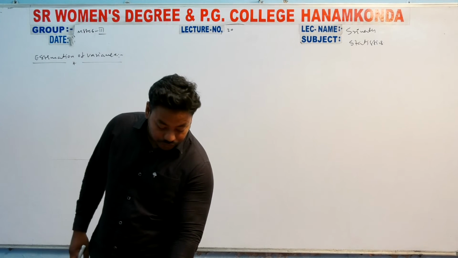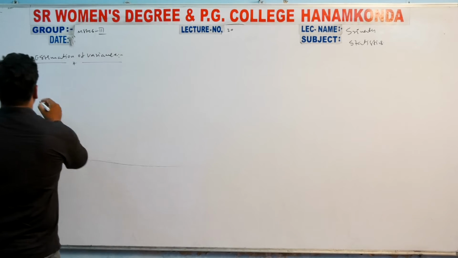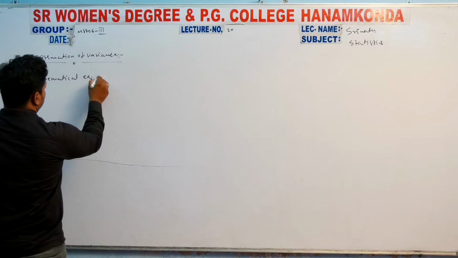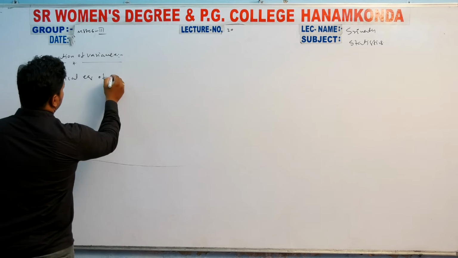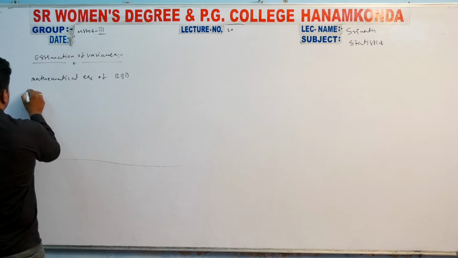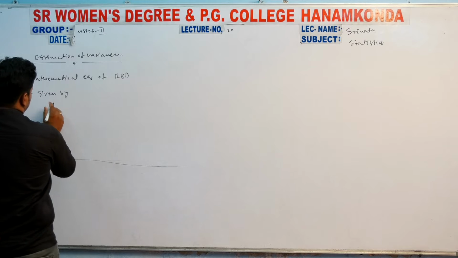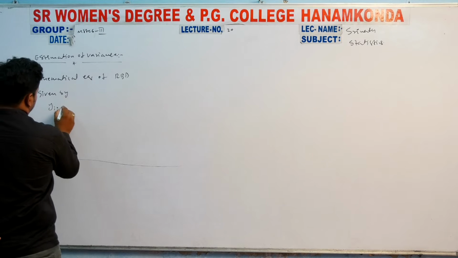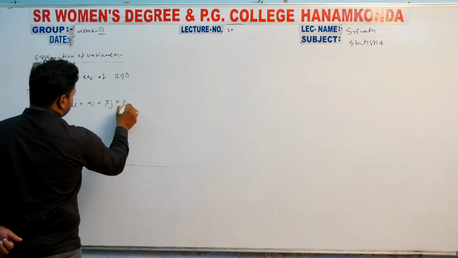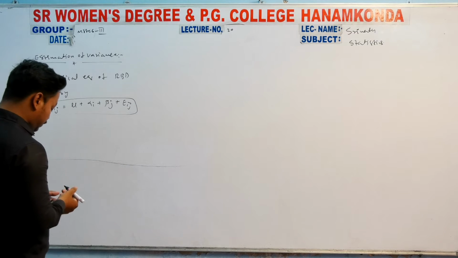So here the mathematical equation of RBD is given by, you can write Yij equal to mu plus alpha i plus beta j plus Eij, and this is another two-way classification also.